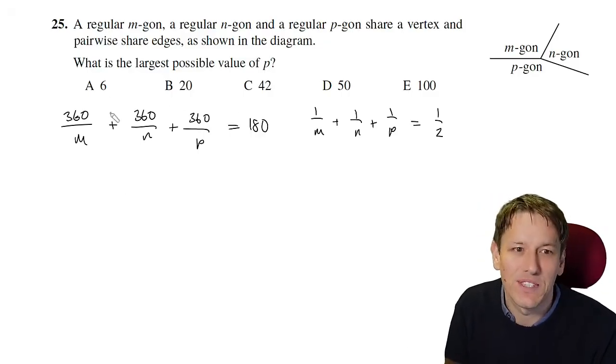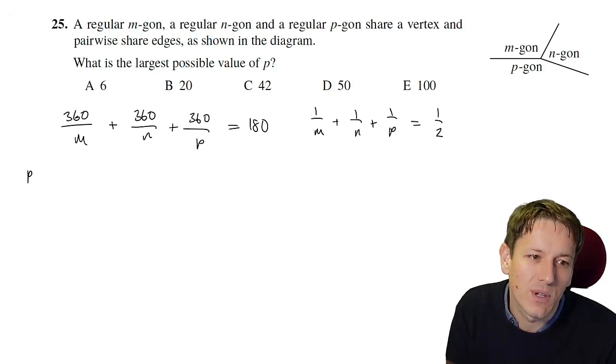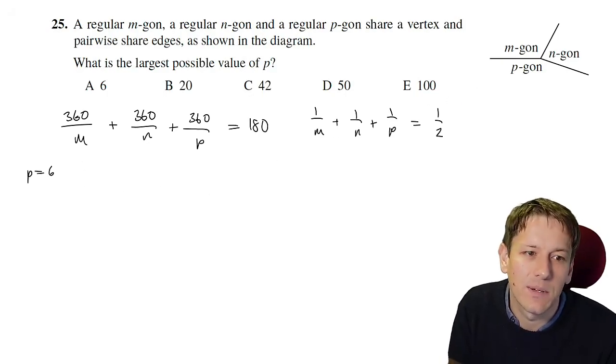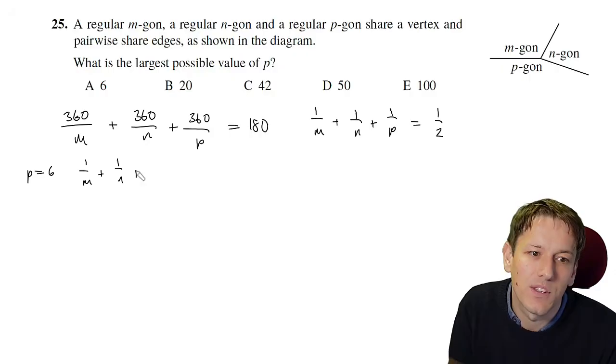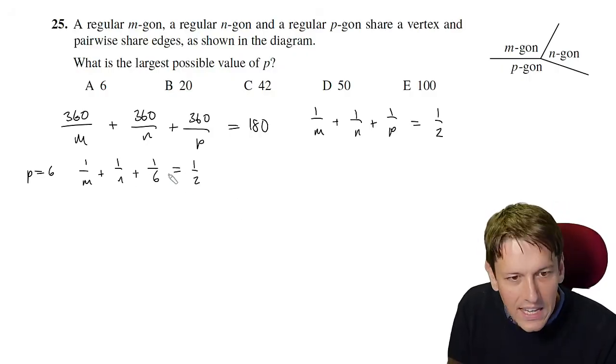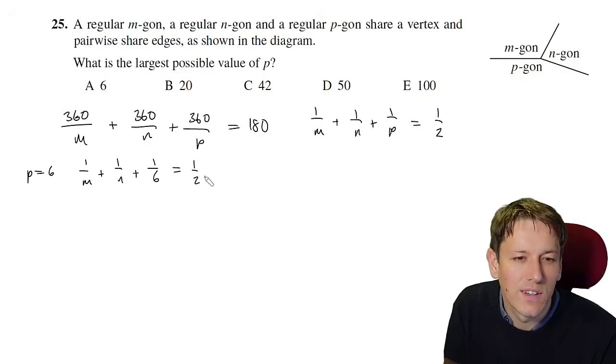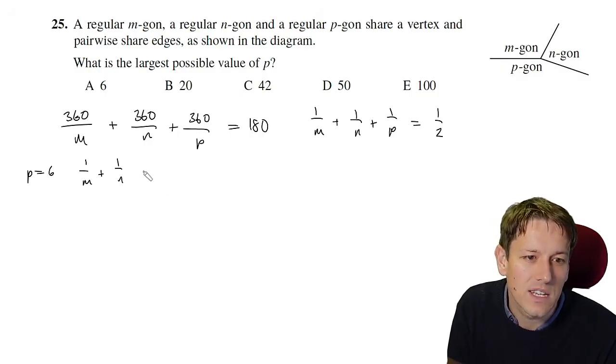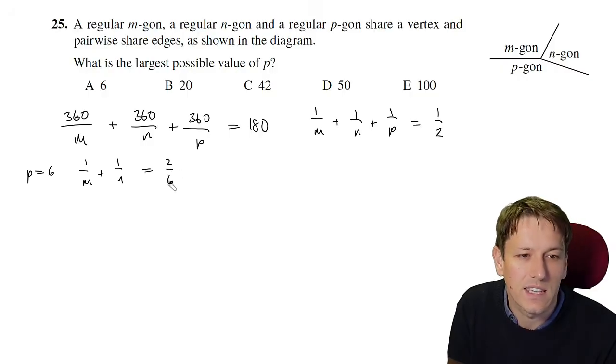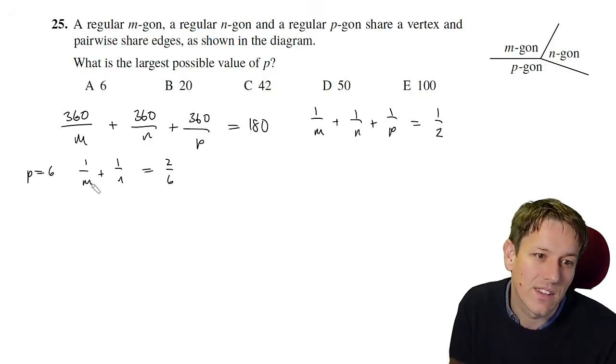So let's just go through and see if any of them are possible. Let's see if we can do it with p equals 6. So I would need 1 over m plus 1 over n plus 1/6 to be 1/2. So 1/2 minus 1/6 gives me 2/6. So I'd need these two to add together to give 2/6, and then we can easily do this